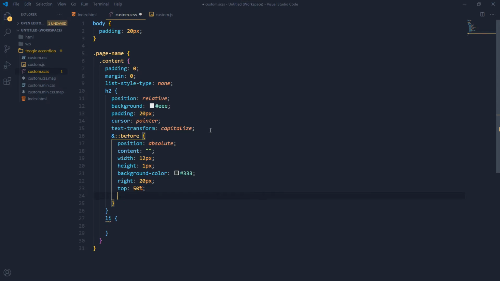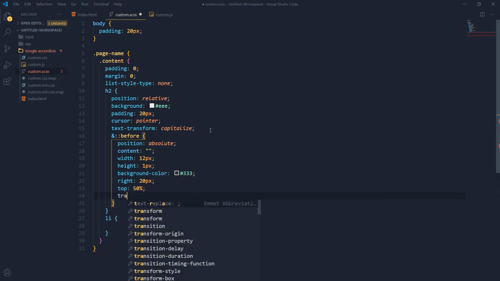We are vertically aligning it in the middle of the full height of the heading, so top is 50%, and